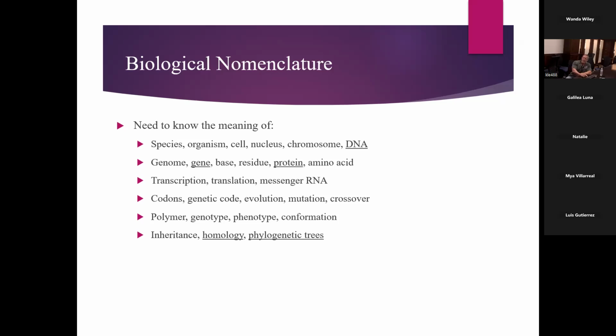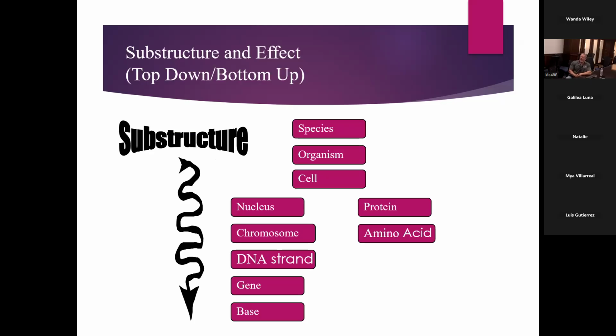But here are some basic terms, and I think we've gone over these pretty well the last few days. Just to remind everybody, and I didn't beat you to death with this too much, there's a term that we use called the dogma of biology, and this basically describes how we see information in biology flowing. And when we talk about information in biology, we're primarily talking about genetic information. And this is the classical paradigm, and many of you have probably seen this, that DNA makes protein, and then